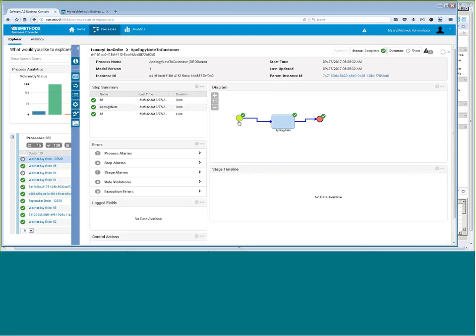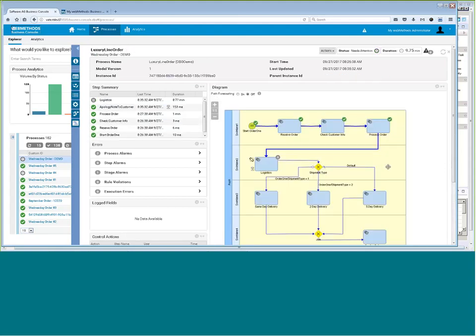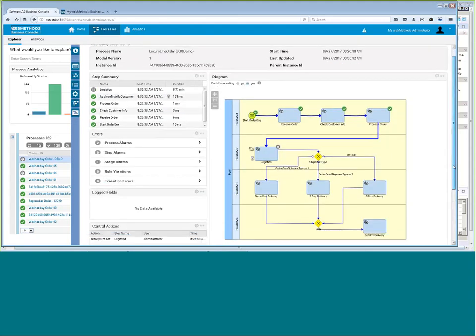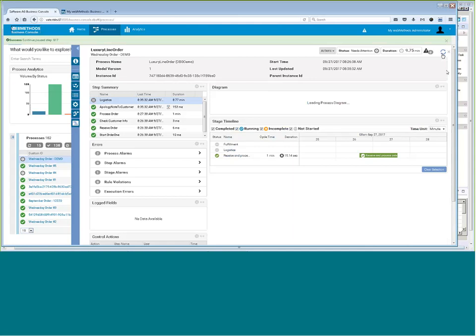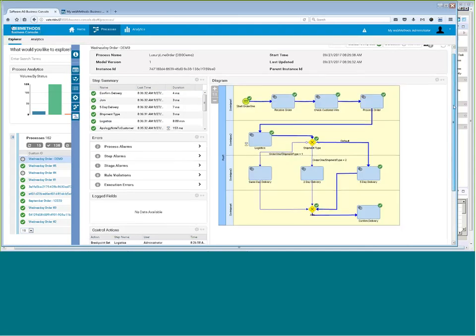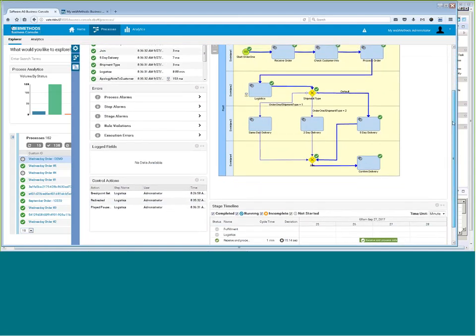We clicked on it, and we see that right there, there's a whole separate process that is run. An apology has been sent to the customer, and it's been completed. And now we can go back and look at the original process again. And then if we like, we can go ahead and resume and refresh, and we'll see that the process has completed. So this is just a really basic way of interacting with process models at runtime in a dynamic way,